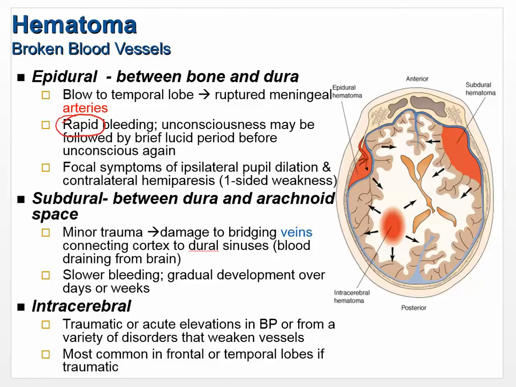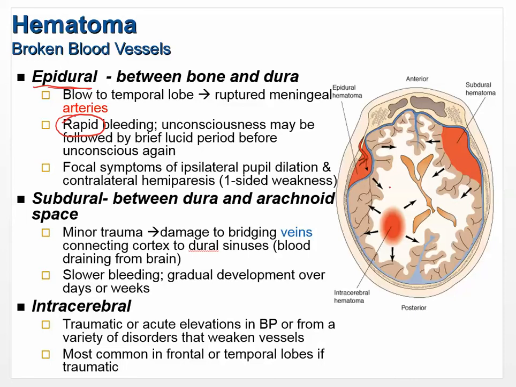So that's outside the dura, and that's where the word epidural comes from, outside the dura. It's the same for when you get an epidural painkiller. Subdural means it's under the dura, between the dura and the arachnoid space. Now, the interesting thing about that is that's where you have more veins, so blood returning to the sinus to